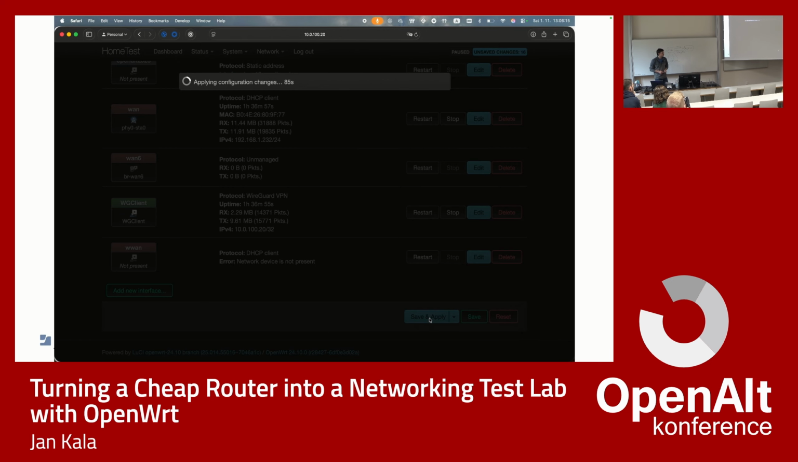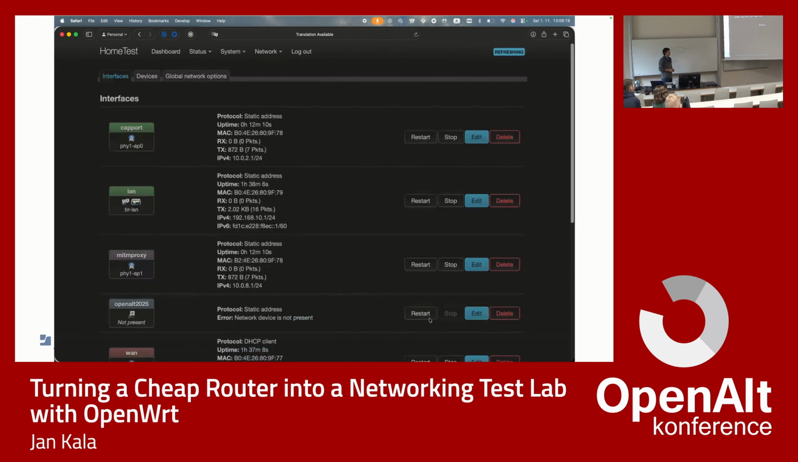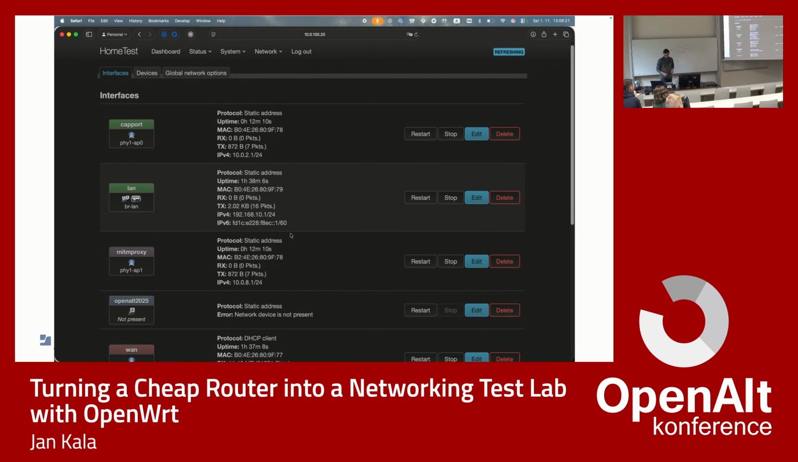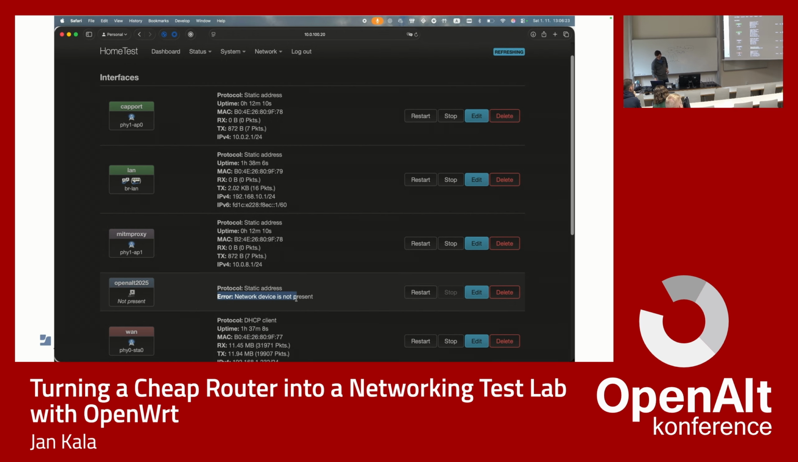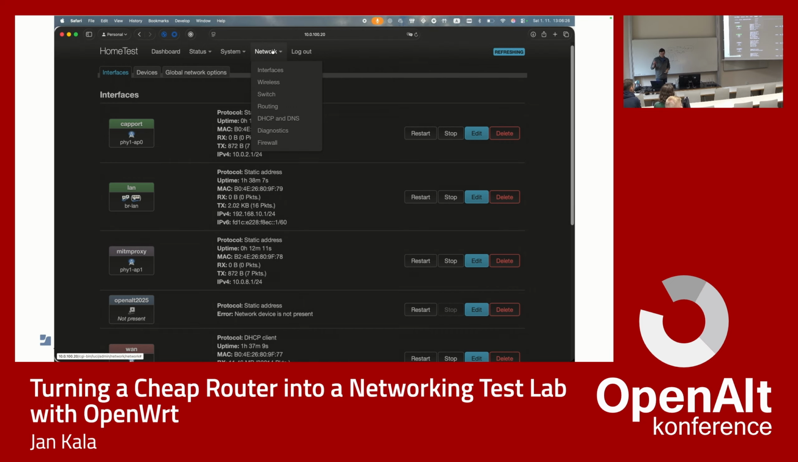It takes just a few seconds. And you can see that the new interface is now here. And I do have some error in there. Yes, that's why I think that the UI is useful when you're starting with a system like this, because it will tell you that something is not correct, and you can see that the network device is not present yet. We will fix it in a short while, but before we start fixing it, I will move to firewall,